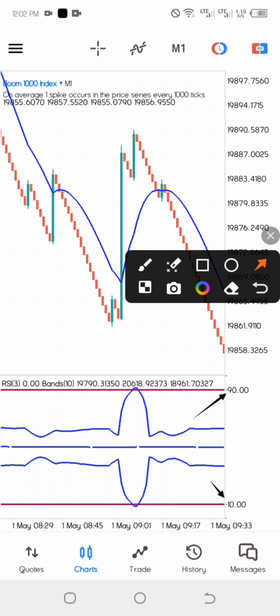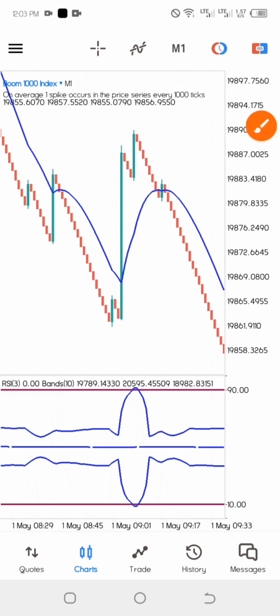Okay, now how does the Bollinger Bands touch these two levels? It has to touch with a spike. After seeing multiple spikes occurring, we are going to see the Bollinger Bands touch the 90 level and the 10 level at the same time. Once they touch these levels, then